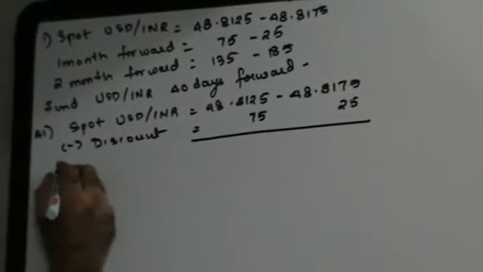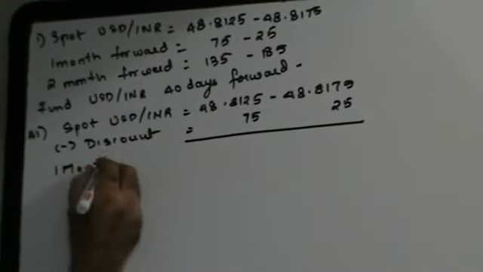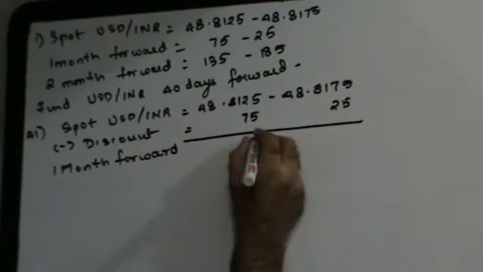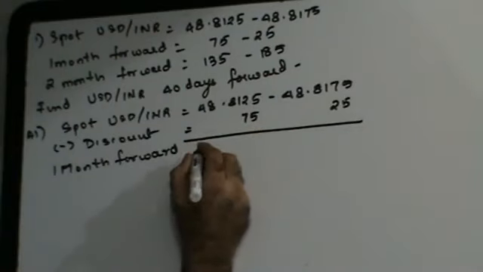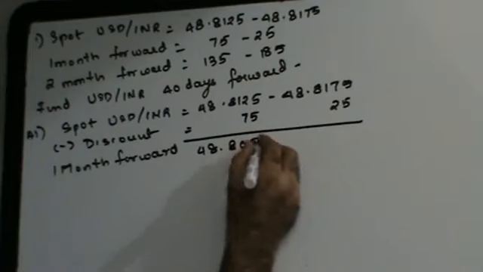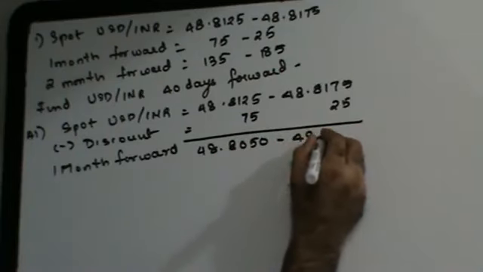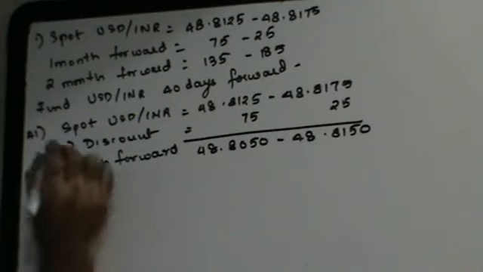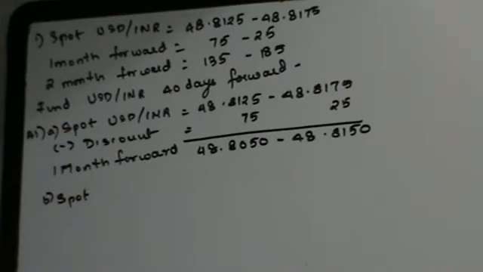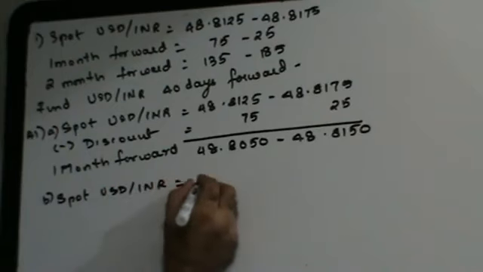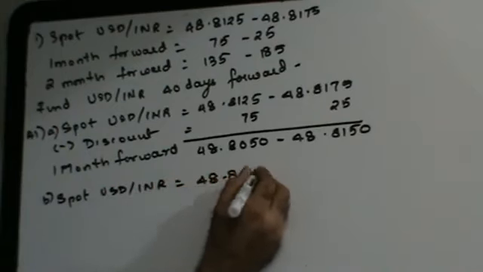Sorry. So you will get 1 month forward. If I subtract this, this is going to give me 1 month forward as 48.8050 and 48.8150. That's my 1 month forward. Next, let's see spot again. First thing you found out 1 month forward. Next, spot USD INR is 48.8125,